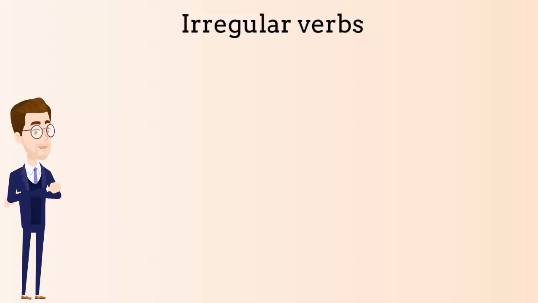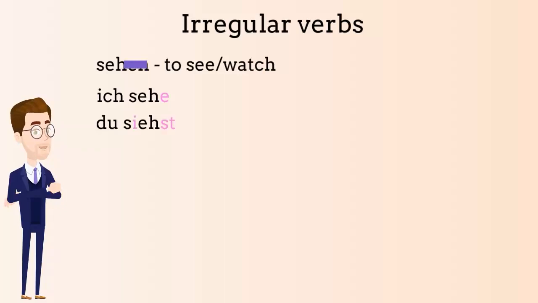Let's have a look at 3 irregular verbs in German now. Sehen, to see or to watch. So, same process as before. We knock off the en. Then for I see, ich sehe, we add the e ending. So this looks like the regular verbs before. But when we get to you see, du siehst, we are adding the st, but we also add an i